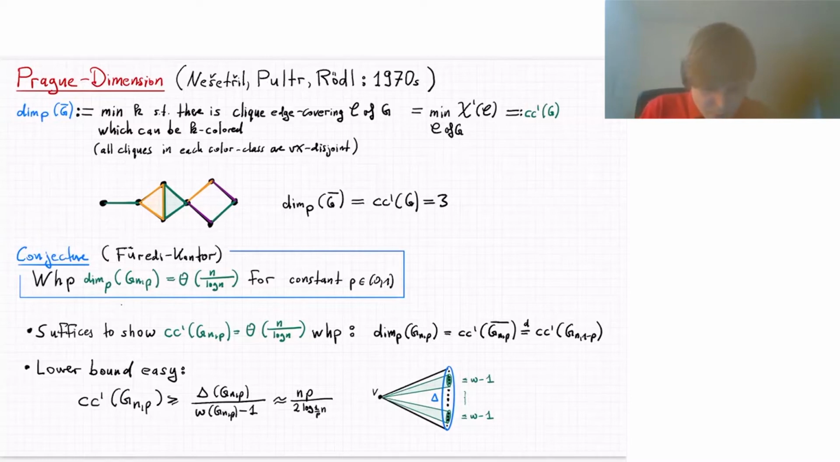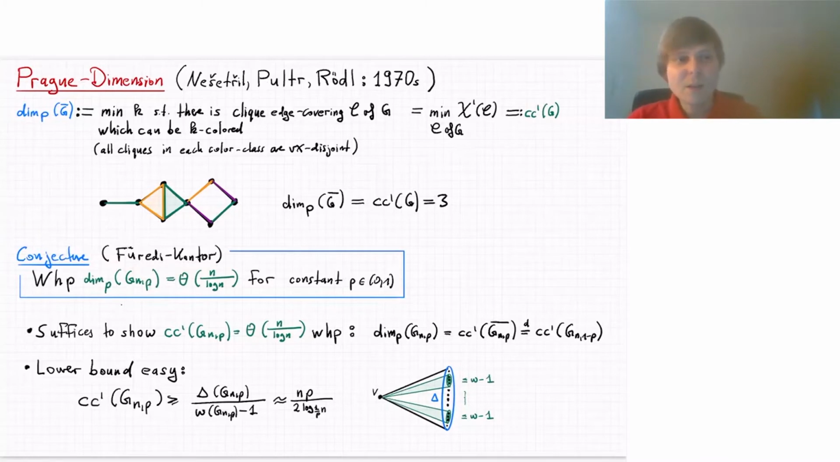So now we have this notion of Prague dimension. It turns out that in general, it's fair to say that this parameter is not so well understood for many graphs. So it's quite a natural paradigm to say, okay, let's try to understand how this parameter behaves on random graphs to get started, to get some idea maybe how this parameter looks for almost all graphs or most graphs. And so here's a conjecture by Füredi and Kantor, which says that with high probability, with probability